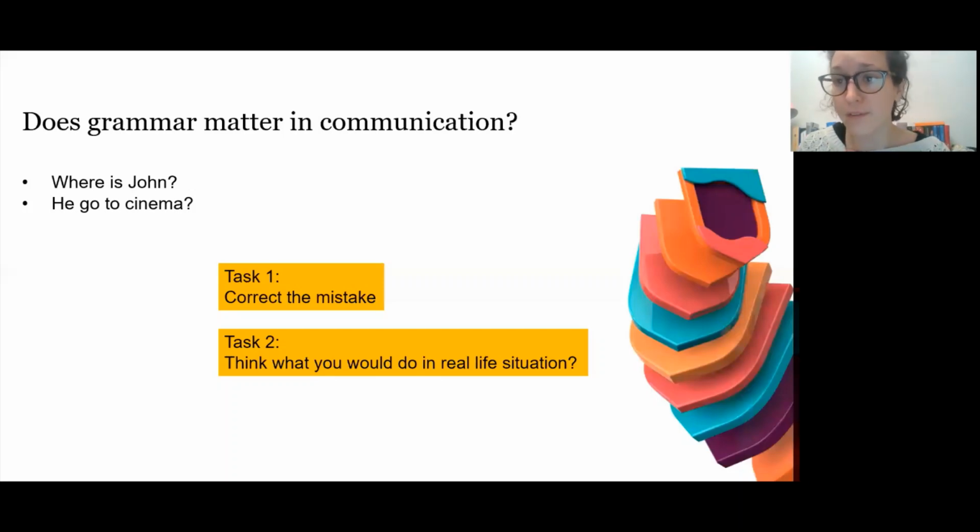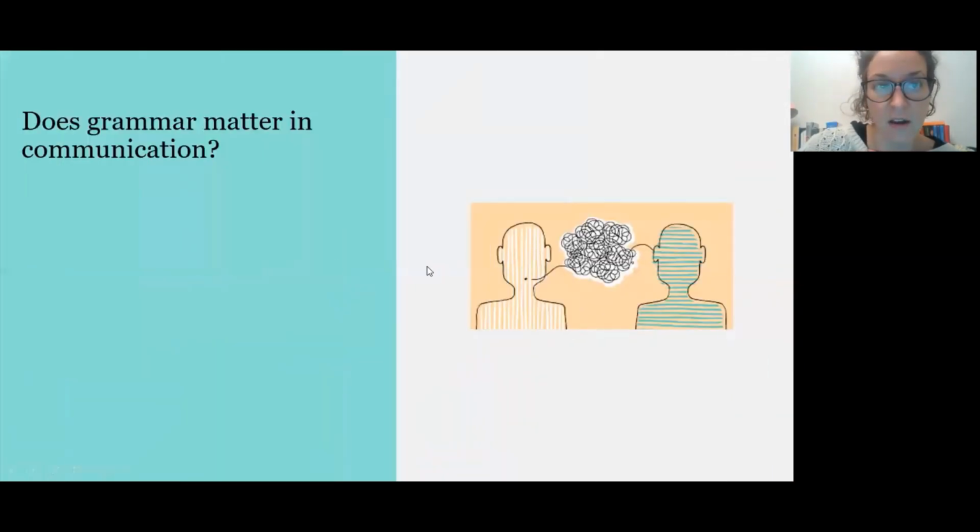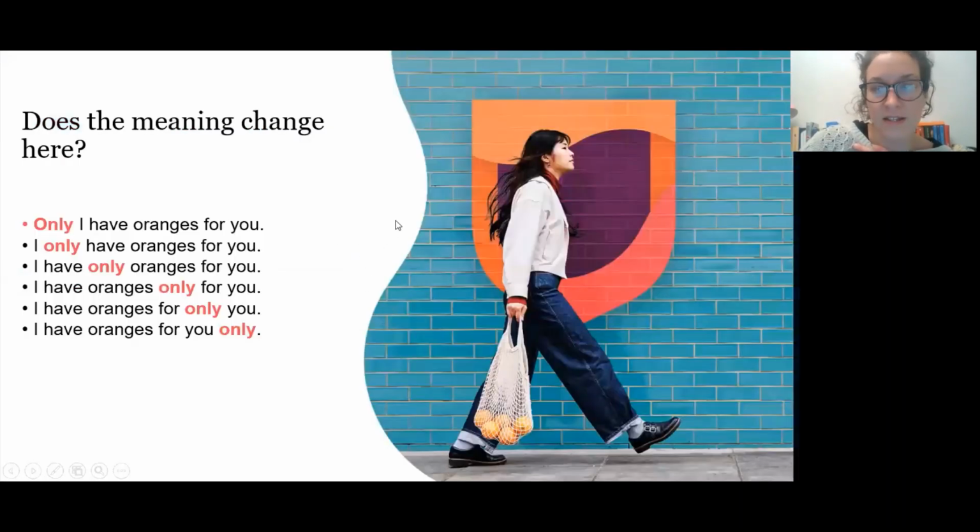So in this particular communicative situation, we can avoid accuracy in grammar, but there are other situations like this, like here, your student and you're a student, it's absolutely different, right? The meaning is absolutely different. So in this case, it is important. Or here, look at these sentences. How many of them have the same meaning? Type in the chat. How many of these sentences have the same meaning?